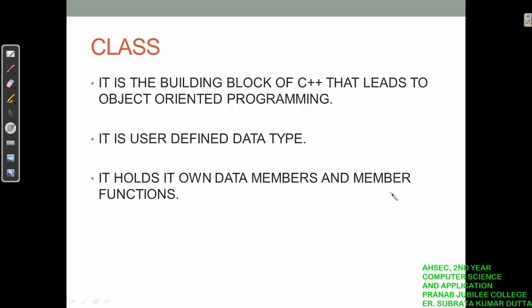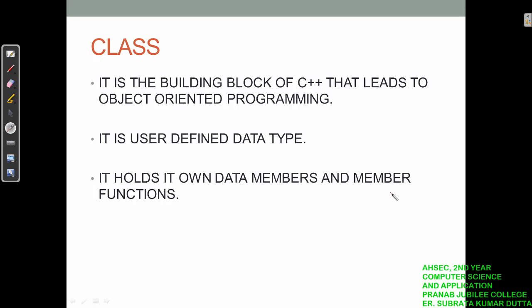But why is member added to the name data member or member function? Because all those variables or constants that are initialized or declared inside a class are considered data members of that class. Similarly, all the functions that are declared within the class are called the member functions of that class.